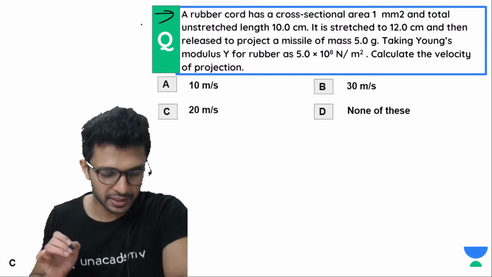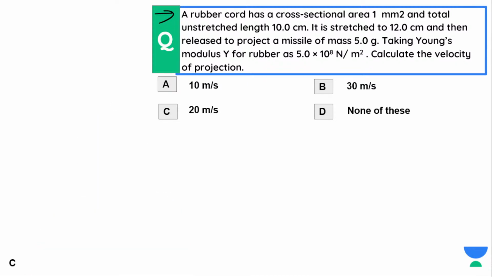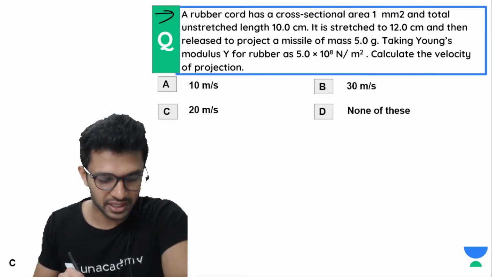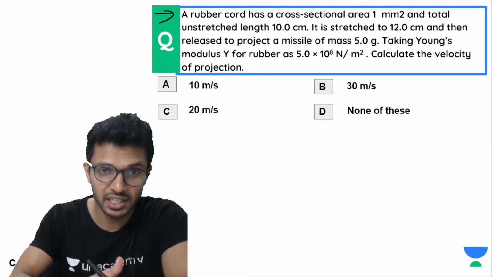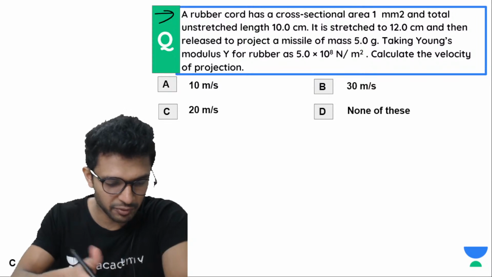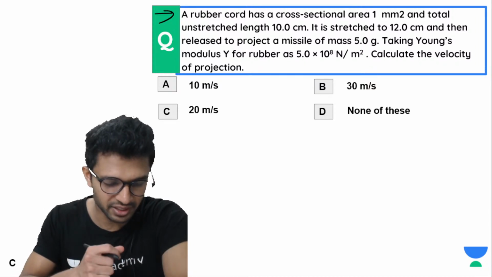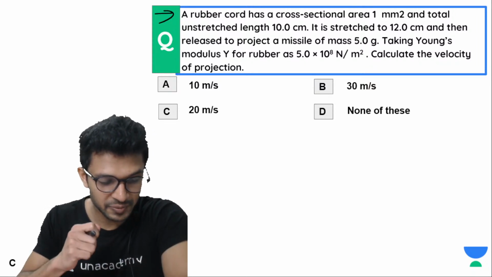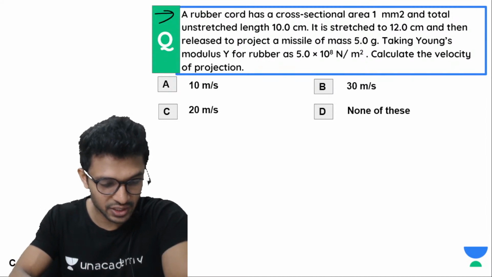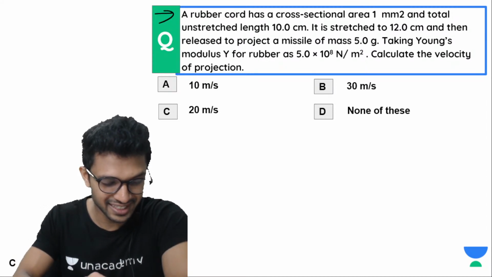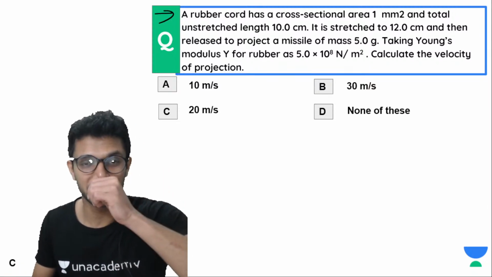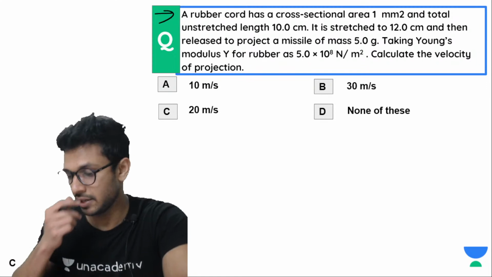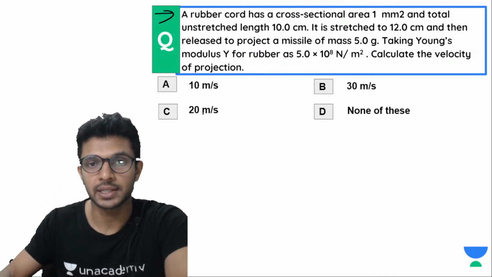Read the question and tell me the answer. Yes, everybody is giving me option C, which is 20 meter per second. So I think everybody came to the class after doing it, right? Surya, Nancy, then Nagesh, Mahi, Palak. Okay, so I think everybody did the problem. I'm super happy, super proud, as your mentor and teacher. Anyway, look, children, let's do it.